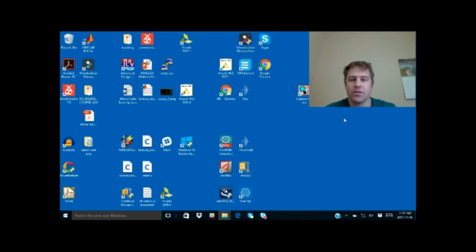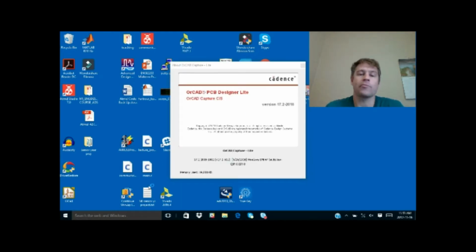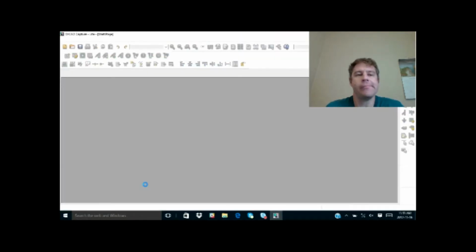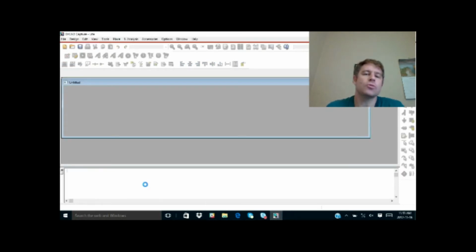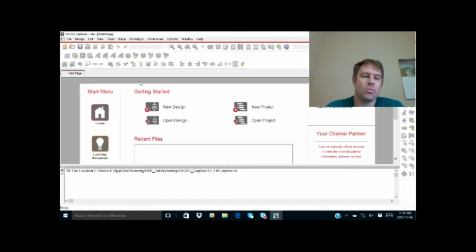The name of the program that you launch is called Capture CIS Lite, and usually you'll find it in the ORCAD set of directories. ORCAD, ORCAD. So let's actually launch it. So when we launch